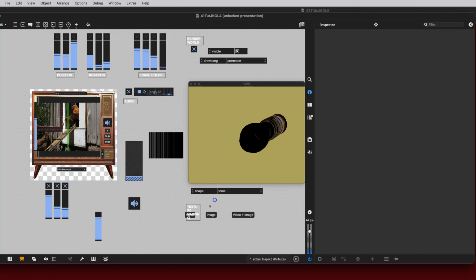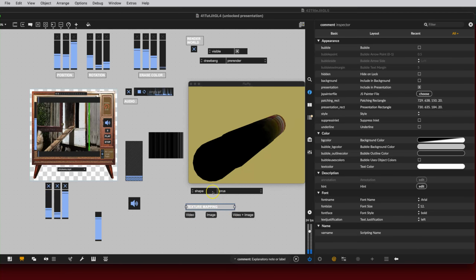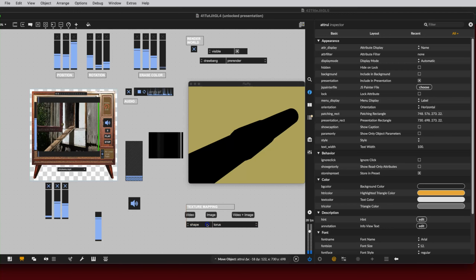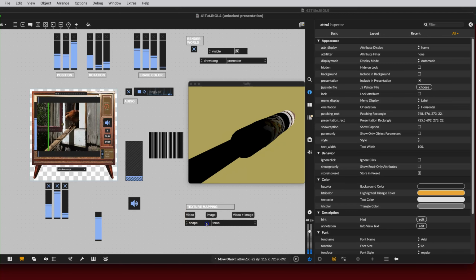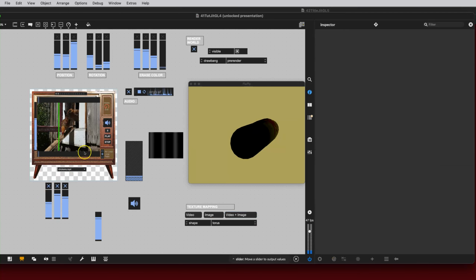Why not? And we'll just say that. Can go there. Make these take up that space. I don't know why I'm doing this. Haven't decided what I'm doing yet. There we go. And then